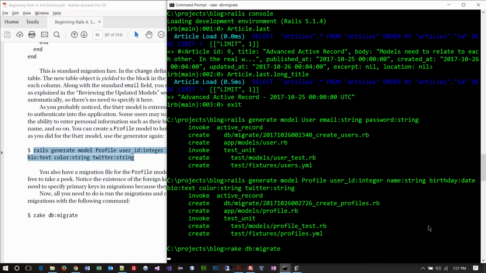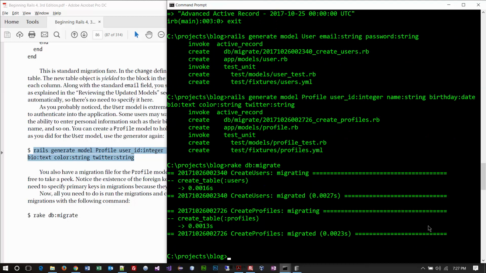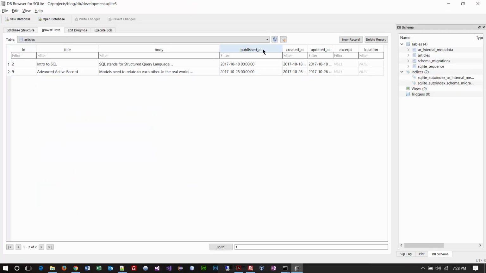So what this command does is it goes to that migration folder, looks at the commands that are present, runs them, and then creates the stuff for the database. And as you can see, it says create table users, create table profiles. So guess what? If I go back to my SQLite browser now and do a refresh and hit the drop down,